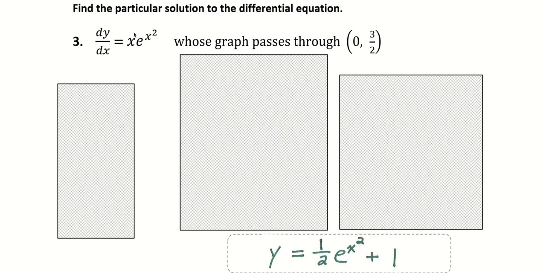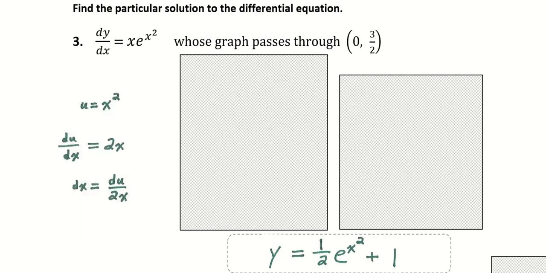Then in these next couple, we're doing the particular solution, where they give you an initial value, which means you integrate and you get your plus c, but then you figure out what c equals. So how do we integrate that to go from dy dx to just y? We're going to do u substitution again. So we're going to let u equal x squared, and then